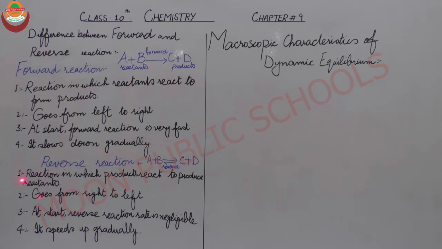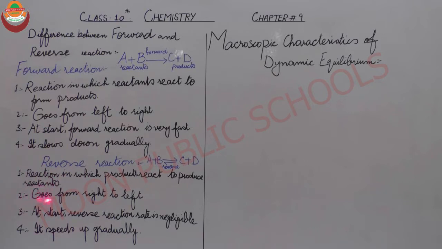What is reverse reaction? The definition: a reaction in which products react to produce reactants. You can see in the equation that A plus B are the reactants, C plus D are the products. When reactants are almost consumed and combine to form product, a large amount of product forms and the concentration of products will be higher. At this stage, when almost all the products have formed, they start decomposing in a reverse reaction, and after decomposition they again give the reactants. So it is a reaction in which these products react to produce again the previous reactants.